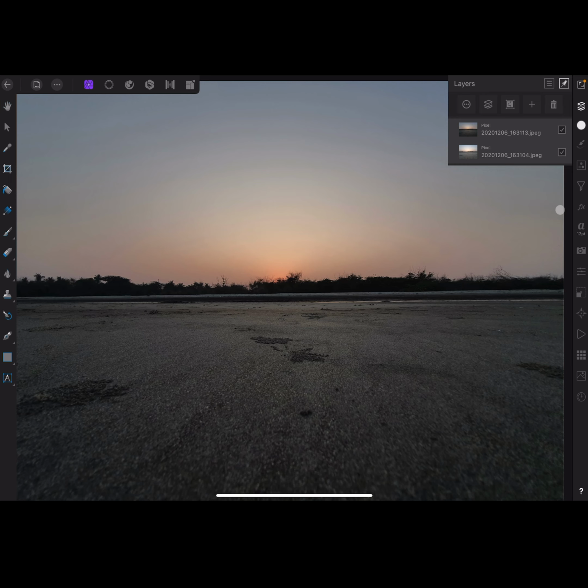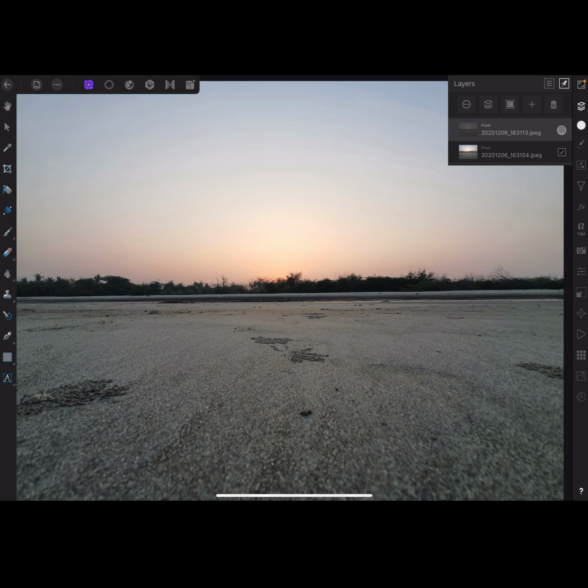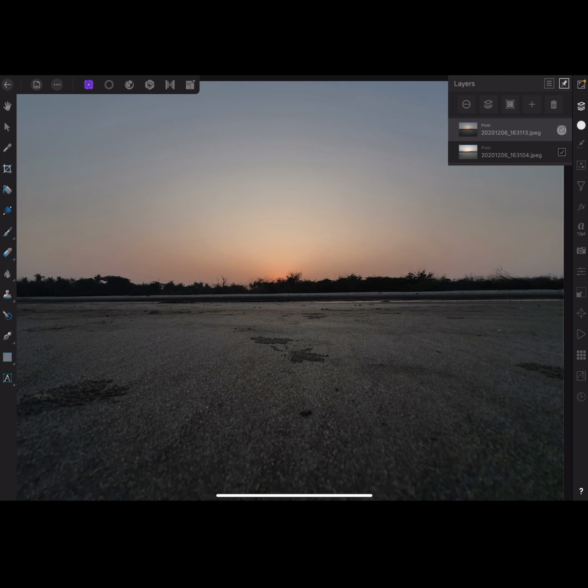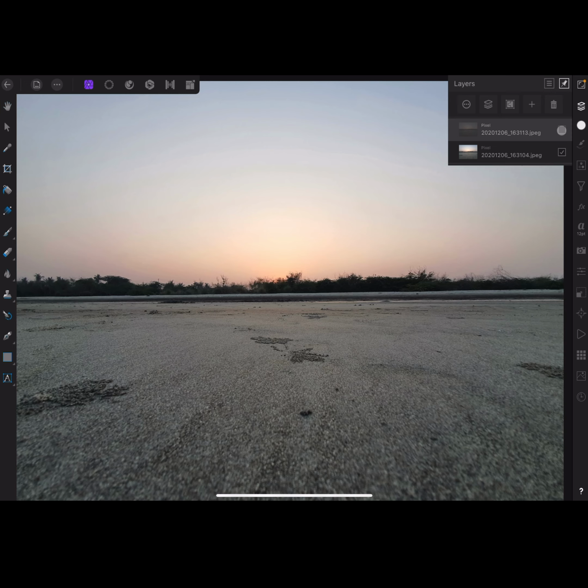Now you will realize the effect. As I told you, what is a stack? You may call a stack a layer. This is the underlying layer, this is the above layer, right? Whenever an above layer is present in your image, the beneath layer will be completely hidden from your view. But if you uncheck the top layer, you can call it a bottom layer and a top layer, automatically the bottom layer will be revealed to you. If you check it, then the bottom layer is hidden. But as I told you already,